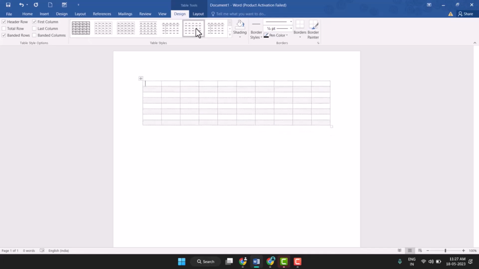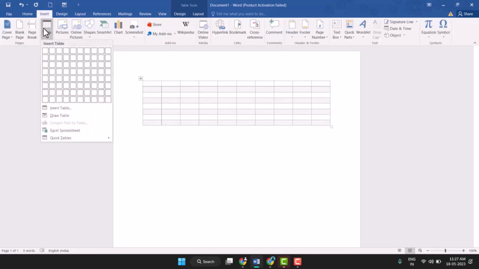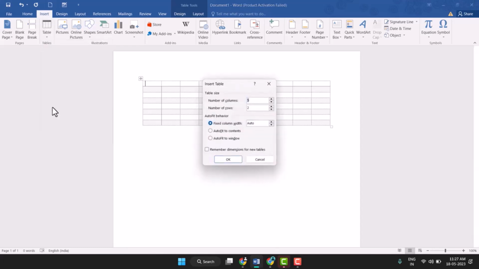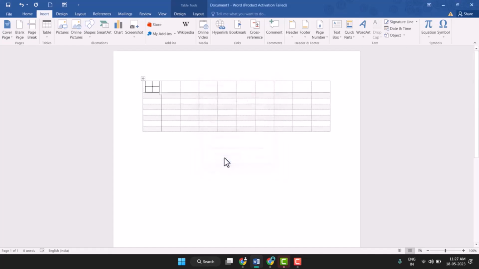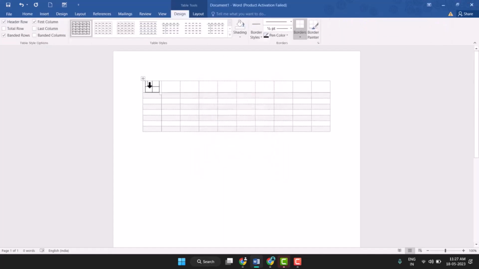You see this, you can very easily customize this table, and you can also use Insert Table, where you can set the table size and the number of rows, and click on OK. So this way you can insert this